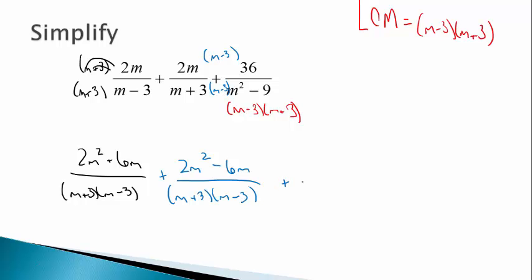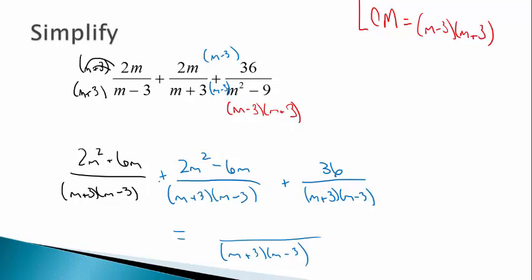The third fraction already has the LCM in it, so we don't need to change it. It's going to stay 36. I just rewrote the bottom in factor form so I can really tell that every denominator matches. Now all that's left to do is add. So 2m squared plus 2m squared gets me 4m squared, plus 6m minus 6m cancels, and then plus